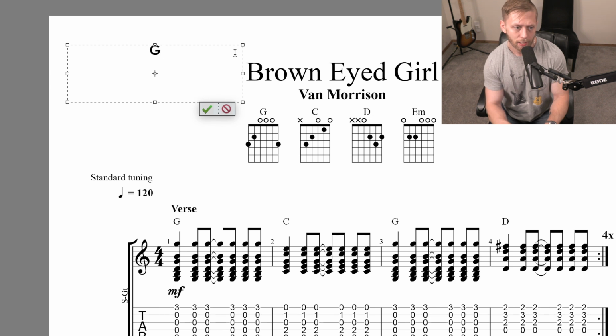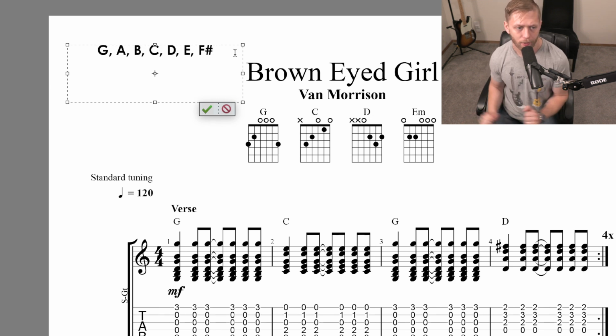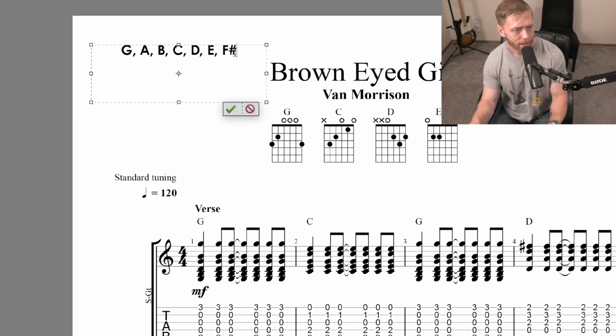So G is our first note. If we build our G major scale, it's G, A, B, C, D, E, and F sharp. Those are our seven notes. And then if we build the